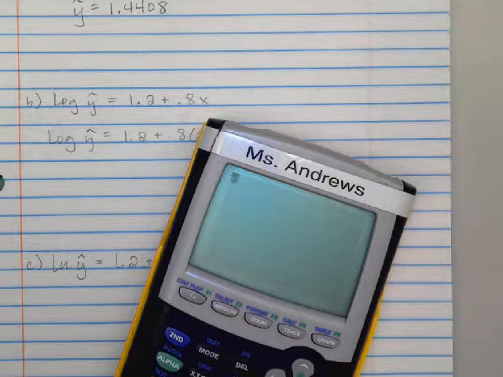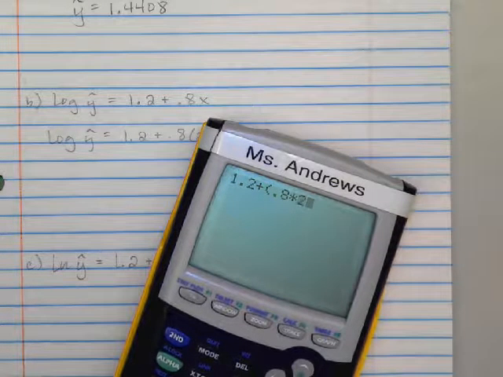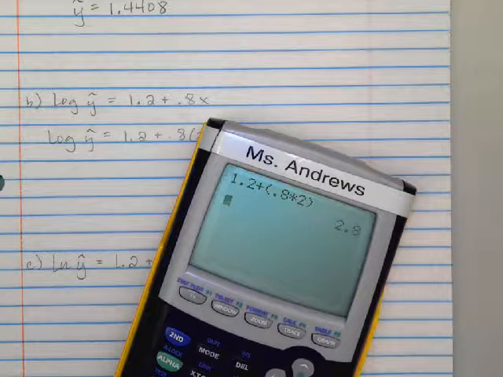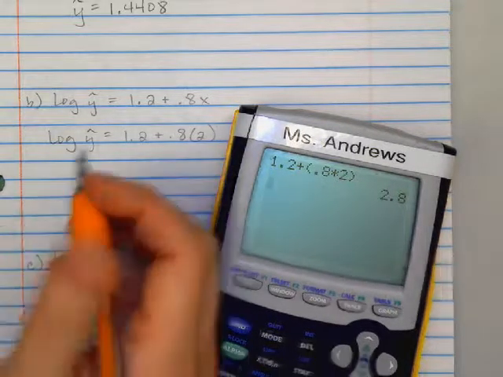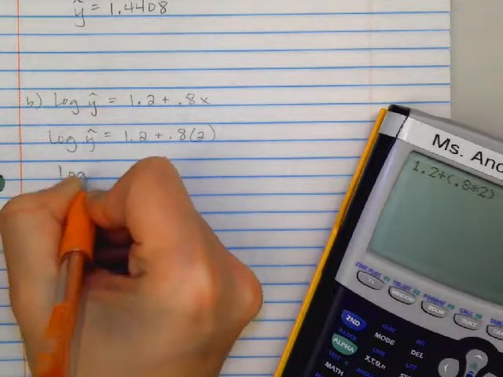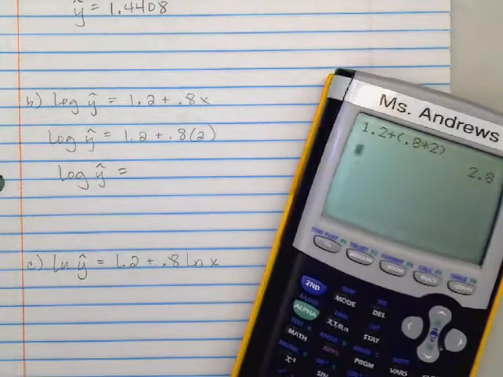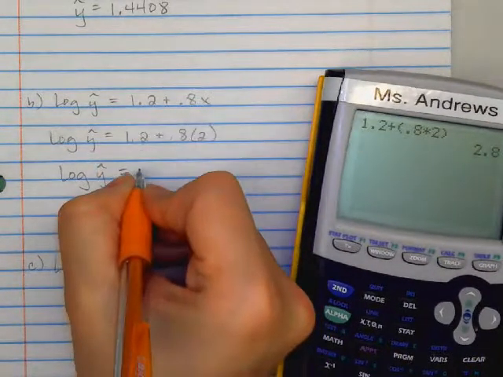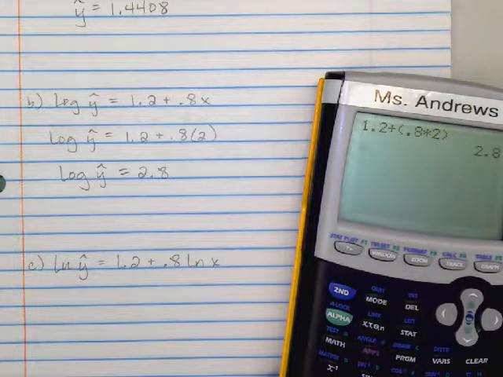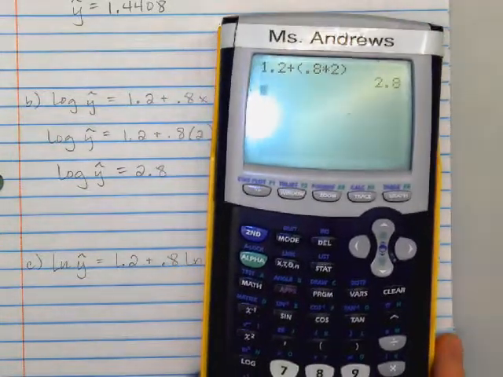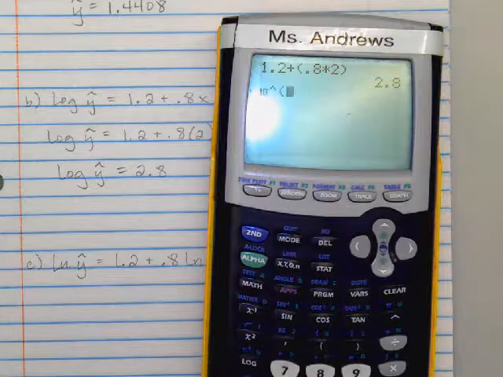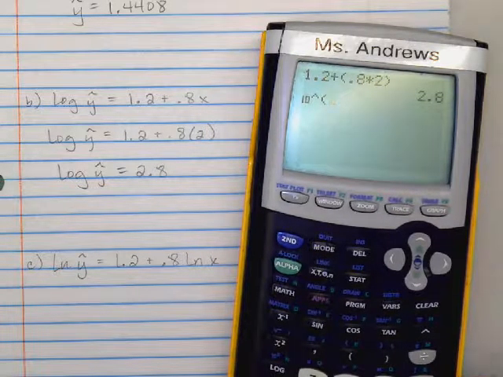So our log of predicted y is 2.8. And then on the calculator, second log, so that 10, or you can just do 10 to the power of 2.8, or you can put in second, the negative sign to put the answer up. And that is 630.9573. So our predicted y